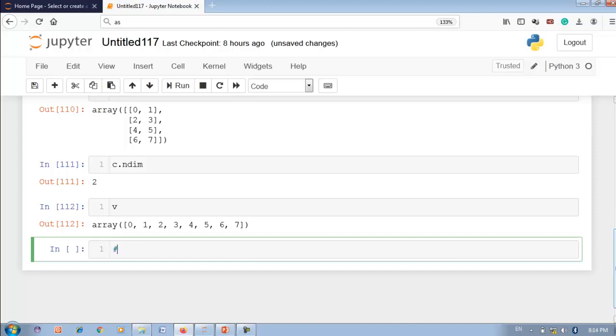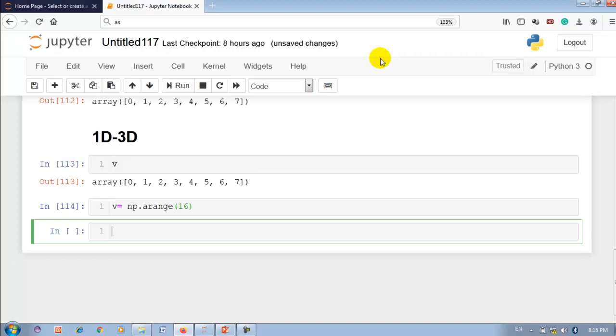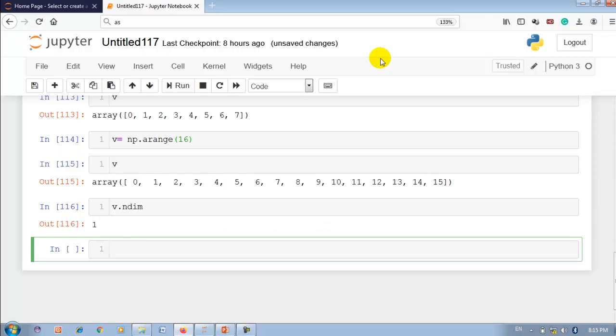So now we are going to convert 1D to 3D. Let me again create np.arange, this time with 16 elements. Now you can see V. So V.ndim, it's a 1D array.